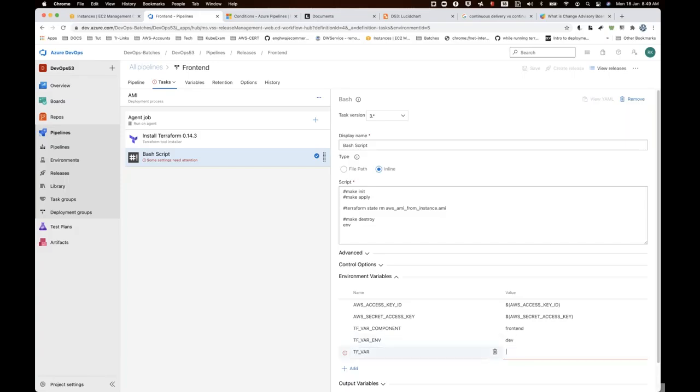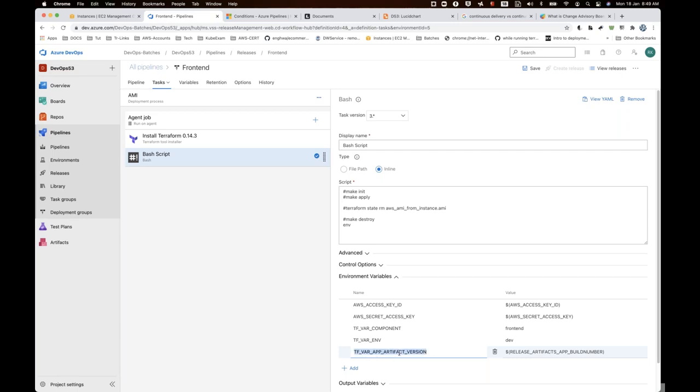Which one I have to get is dollar, this one. I'll be taking this particular variable and passing it to TF underscore VAR underscore app underscore artifact underscore version.